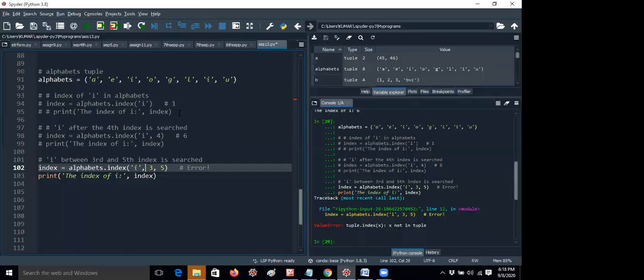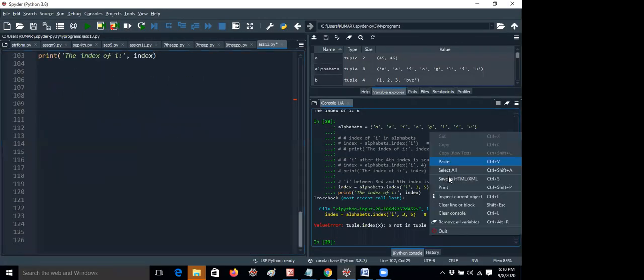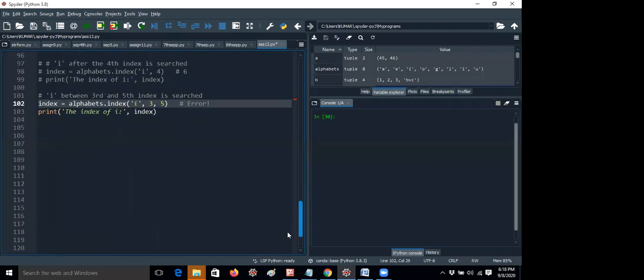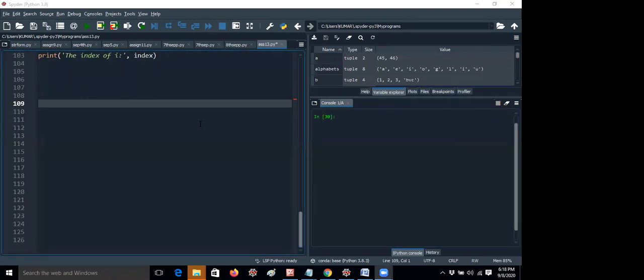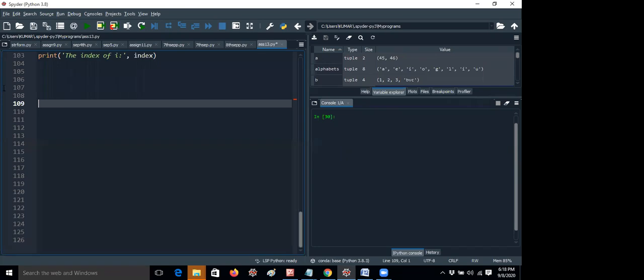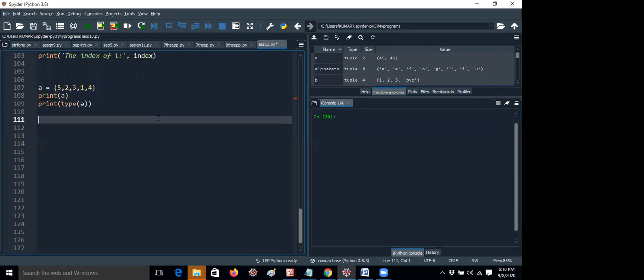Okay, so let me take an example first. Let me remove all the operations here. So let me take one example, guys. Sets are somewhat confusing, guys, so don't worry. I will explain clearly. Whenever you are using elements in curly braces, that is nothing but a